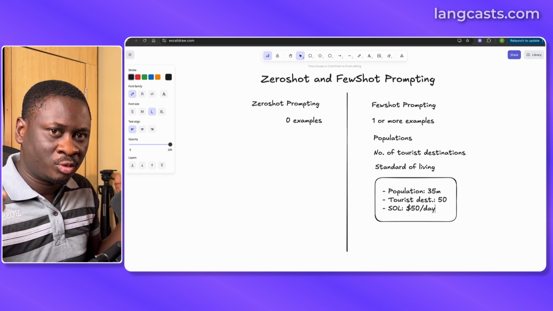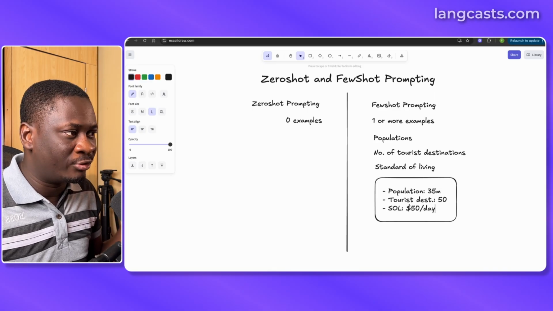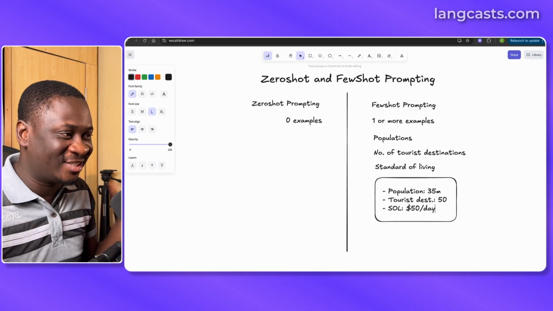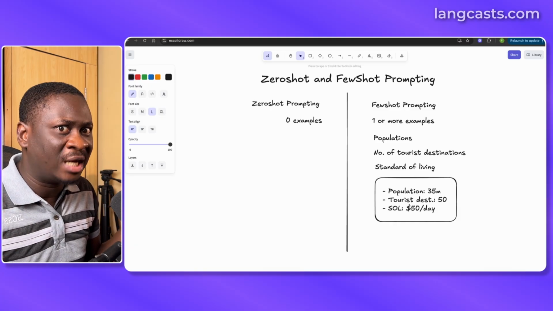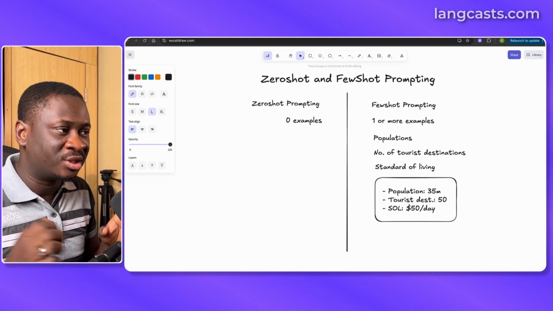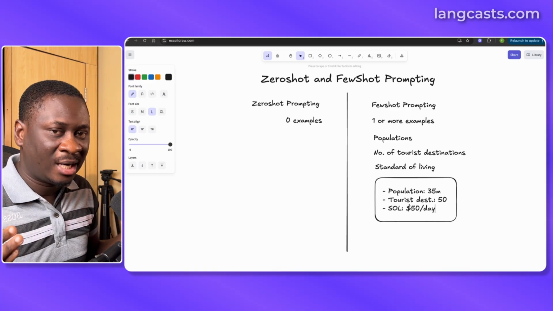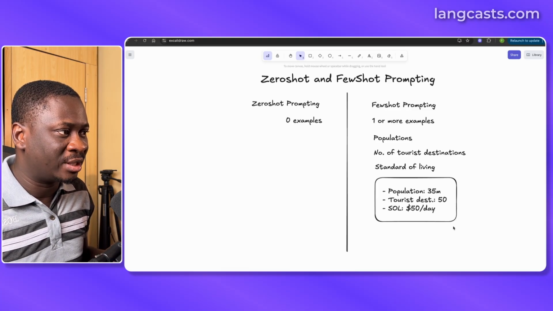Like I want to know how much it would cost me to survive a day, accommodation and feeding and just a little moving around. Now definitely, I don't know whether $50 a day is going to do it, but it's just an example. And with the AI also, you don't have to give it factual information in your example, because what you're trying to do with your example is tell it how it should present the answer. So you can give it one example. This is one example. You can also give it multiple examples.